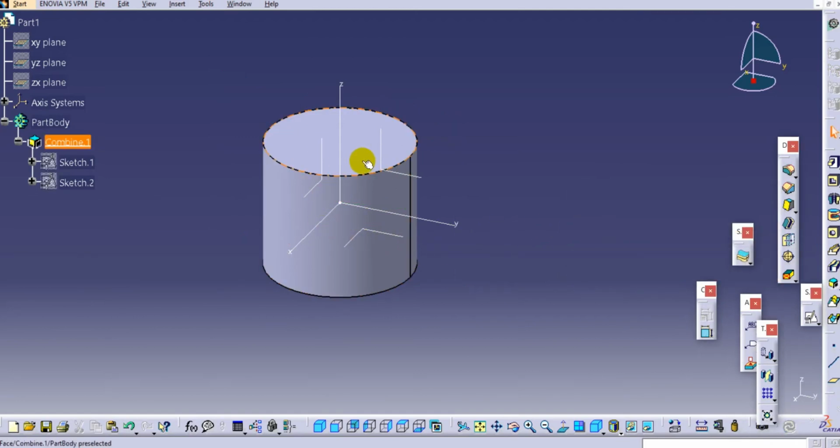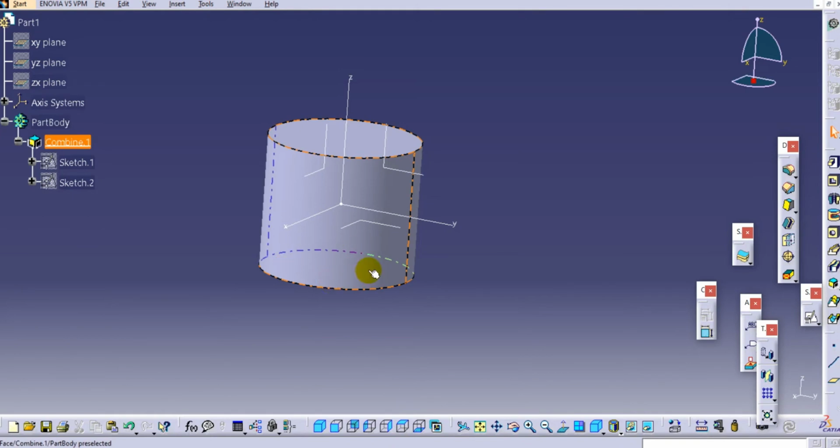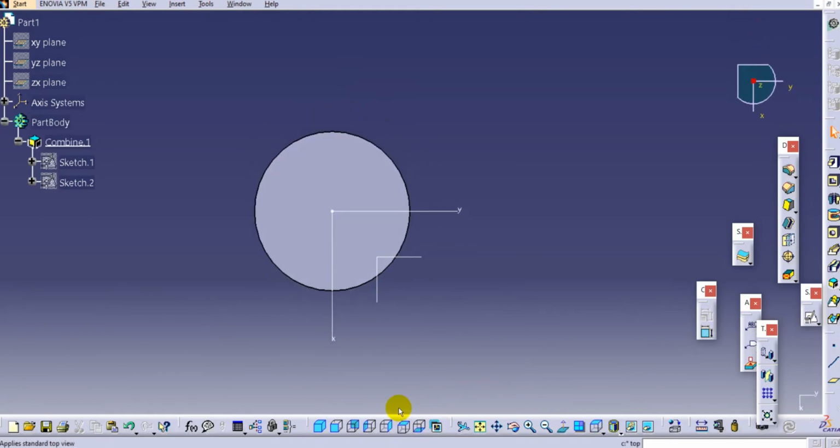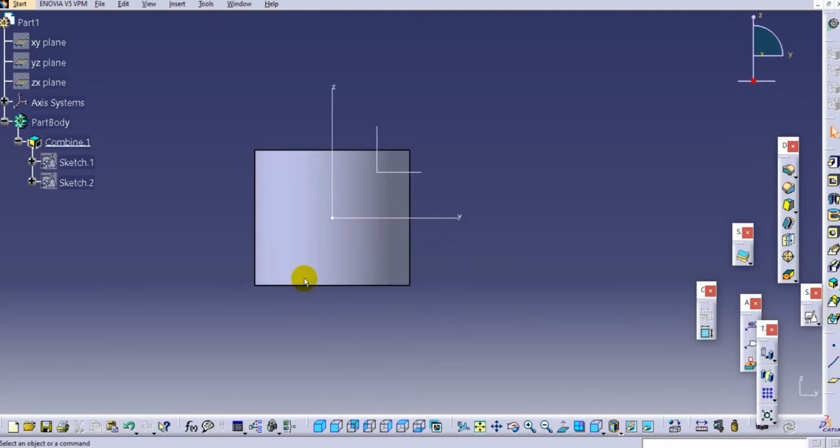So you can see this 3D object is created, and if you try to see the top plane first, we have created the circle on the top plane. So just check the top plane. You will find the circle in the top view, and if you again see the front view, then you will find the rectangle.